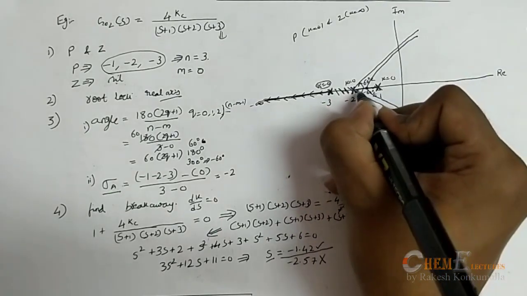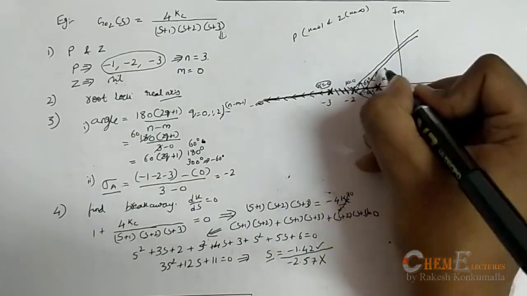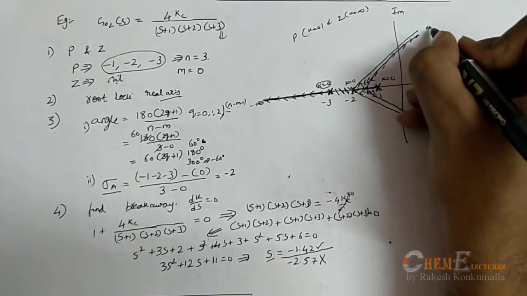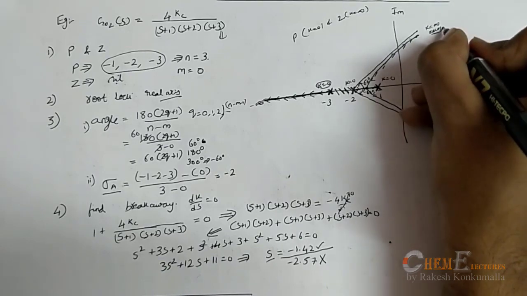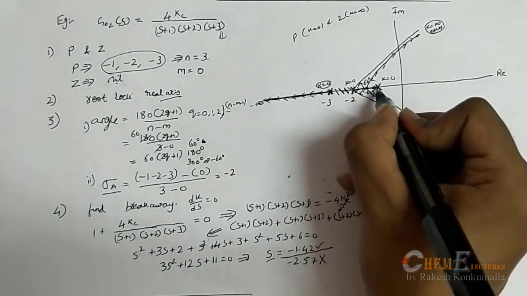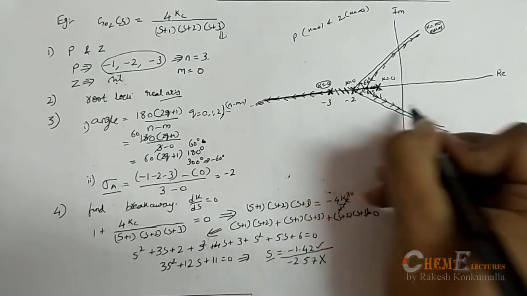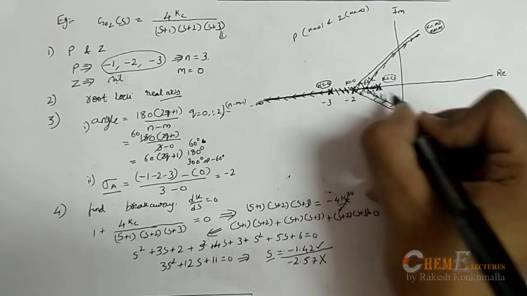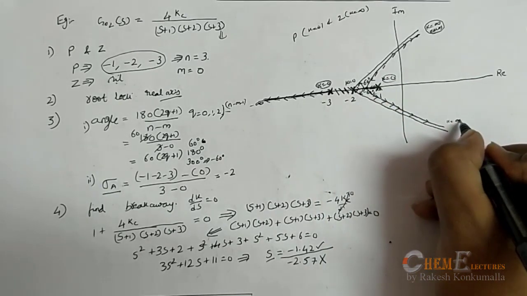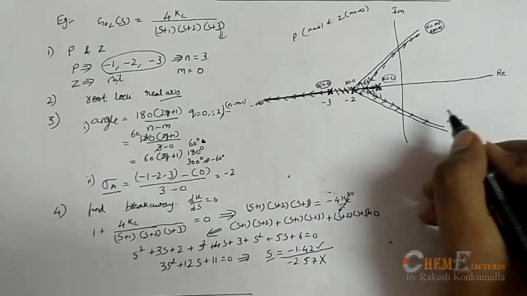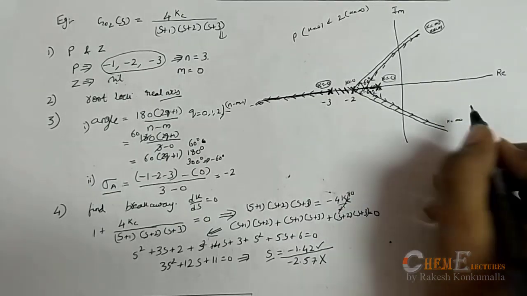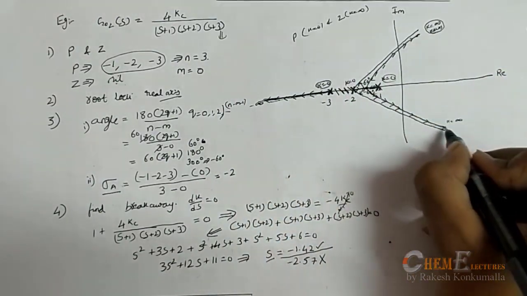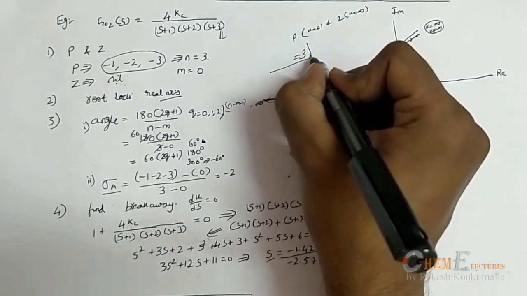Where from k equal to 0, my root loci is originating and terminating at k equal to infinity. This is a virtual zero. And here also if you see in this way, from k equal to 0, my third root loci originates and ends at k equal to infinity. This is how you need to draw the root loci diagram. Here the total number of root loci will be 1, 2 and 3. Total 3 root loci we have formed.